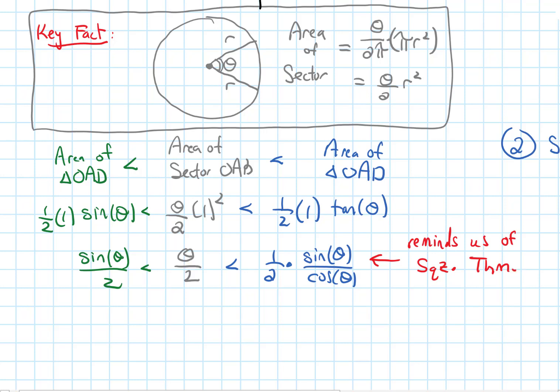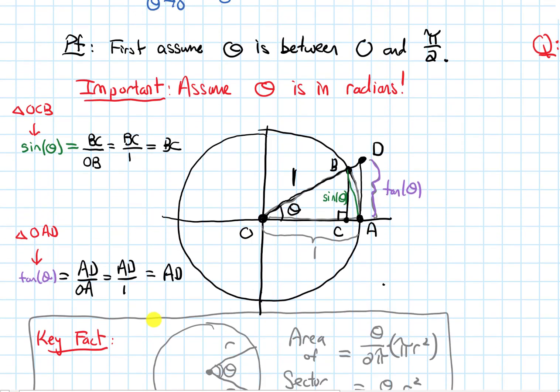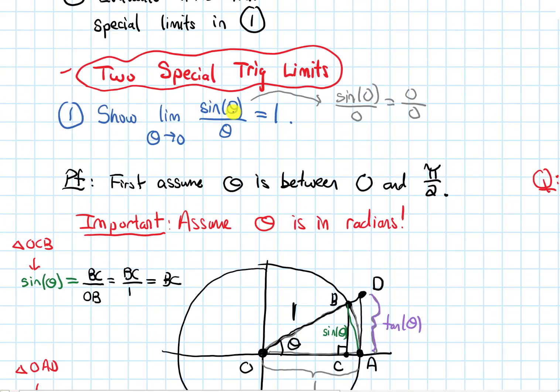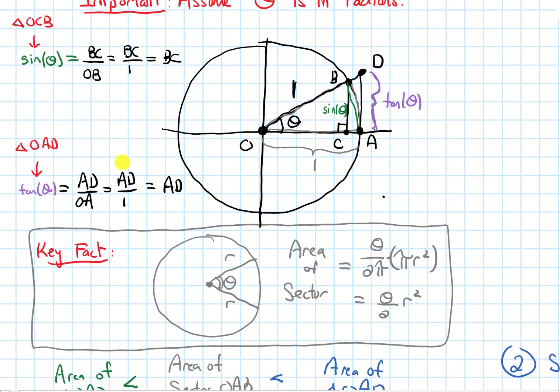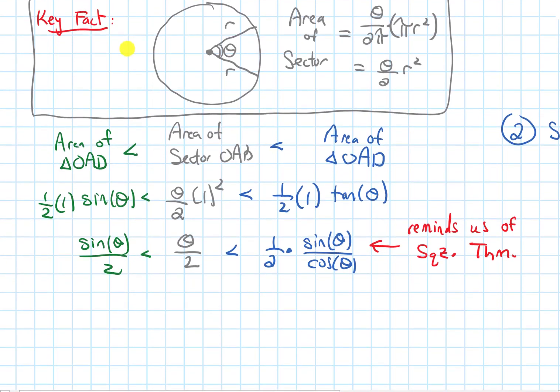And remember, one of the things that we tried to do with squeeze theorem problems was we tried to make the middle, in this case it's theta over 2, look like the thing that appears in our limit. In our limit, we see sine of theta over theta. So the way I'm going to get sine of theta over theta, or something a little bit closer to that, is let's first divide everything, each part of this, by 1/2 sine theta,